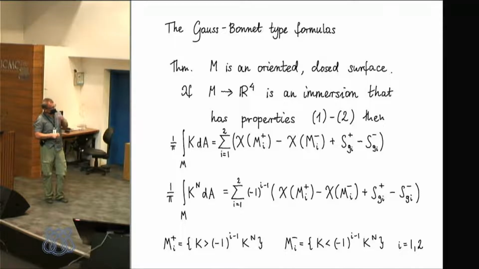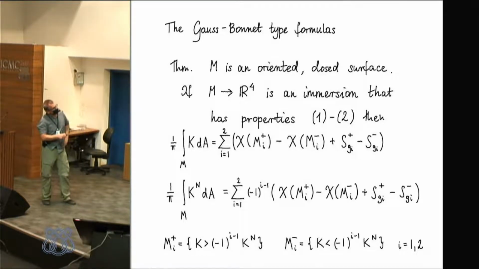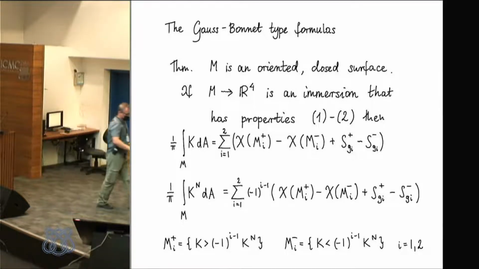M_i plus is the set where the Gaussian curvature is greater. Here you obtain either normal curvature or minus normal curvature, depending on whether i is 1 or 2, and minus is the other part. And you have this Euler characteristic, and now you have the sum of positive and negative cusp points. If you have a cusp point,